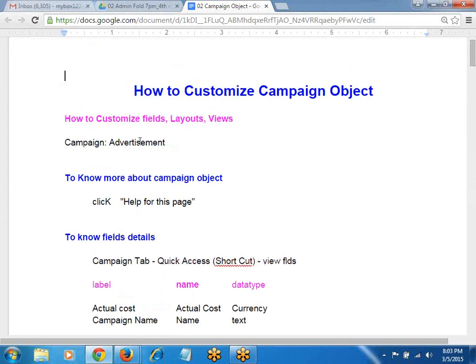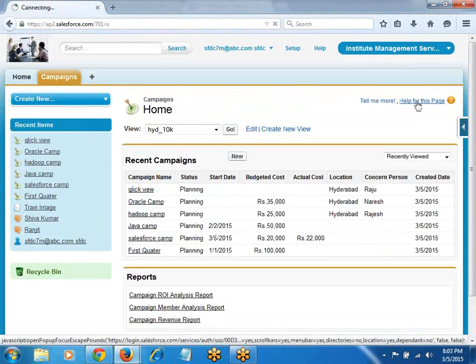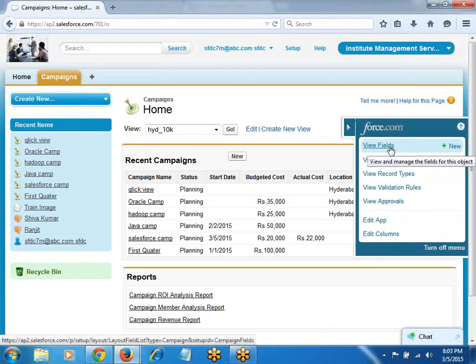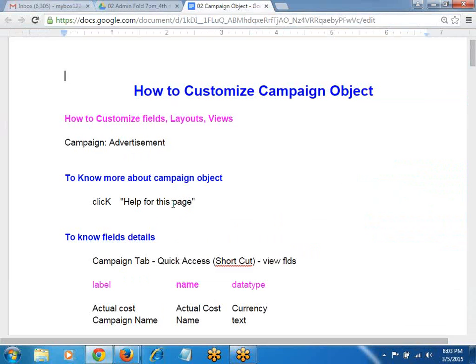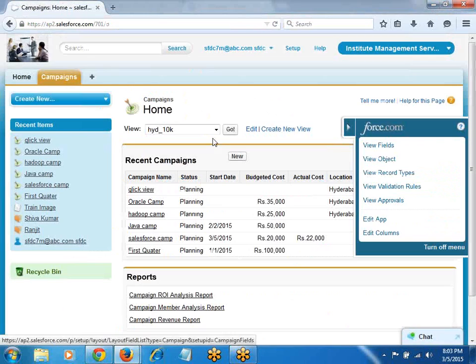How to customize campaign? To know more about the fields, what are the fields available? We go for help for this page. I want to know what are the fields available. Shortcut, view fields. And how to customize standard fields? There are standard fields. When you click new,